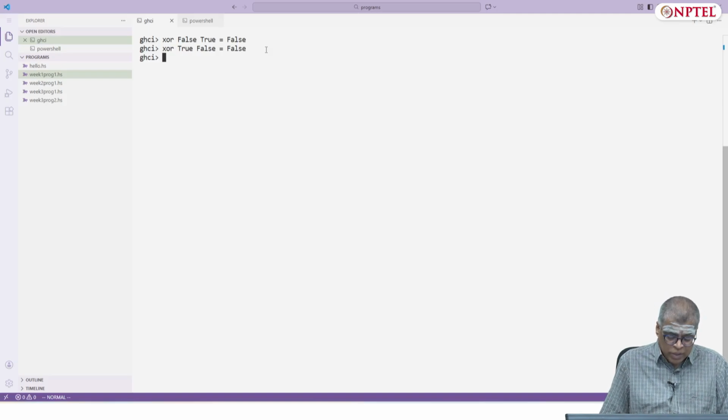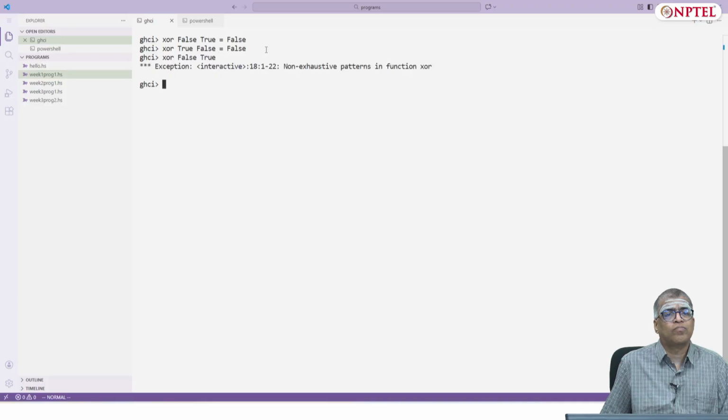It is fine, but suppose now I ask for the value of XOR false true, it will give me an error. So what's happening? What happens is that if I define the same function, whether on the same arguments or different arguments, it overrides the earlier function definition in GHCI.